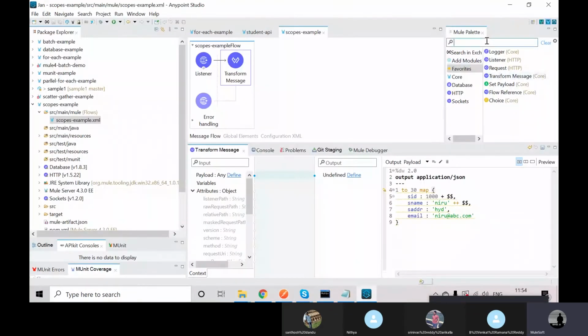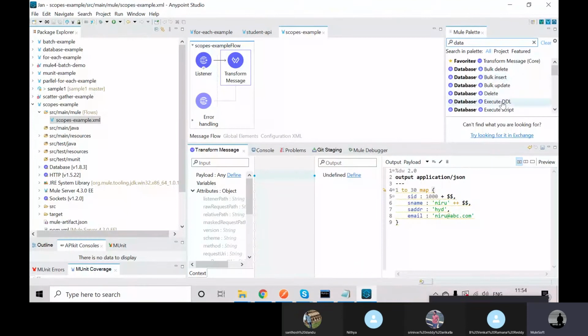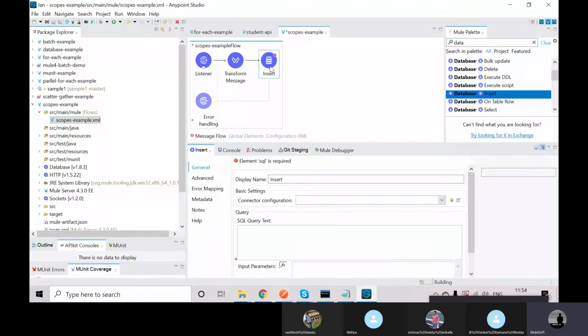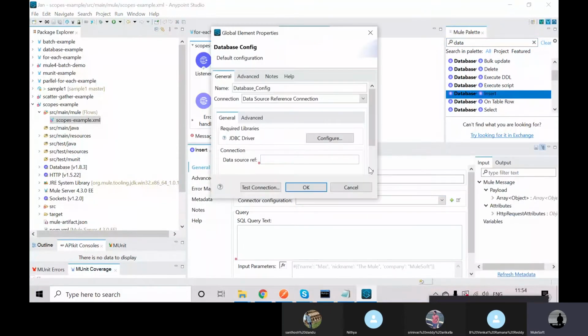By using the database component, by using the insert operation, right? So how can I configure? Click plus, and here I'll select the MySQL connection.